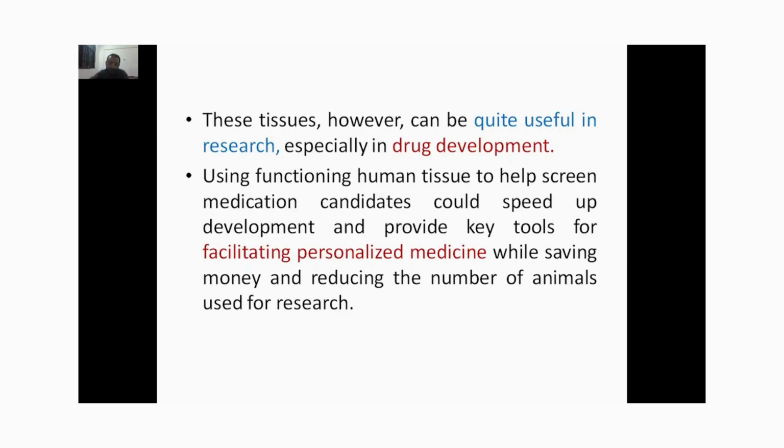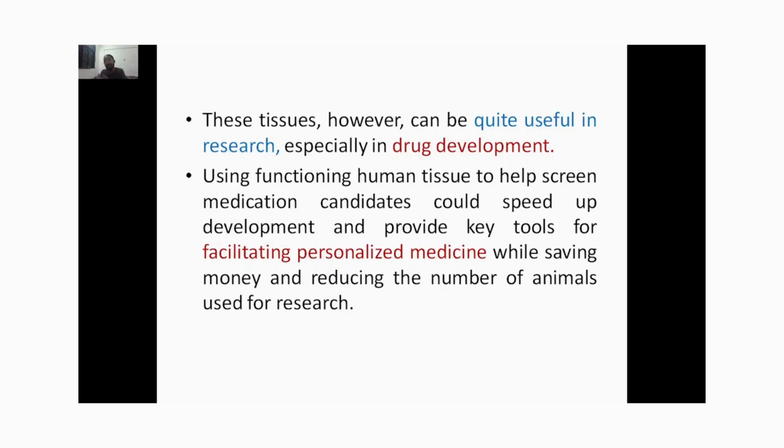So these are some of the applications. Even though it is not being widely used in patient treatment, whatever has been developed in the laboratory can be useful to check new drugs, or any new research and development which needs to be tested on human beings.